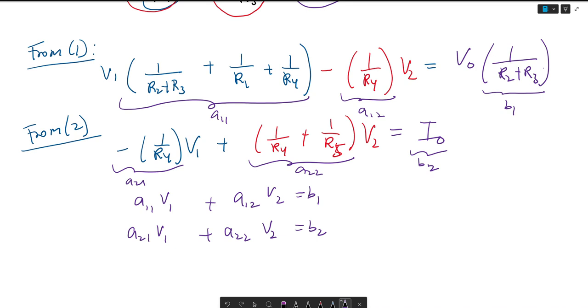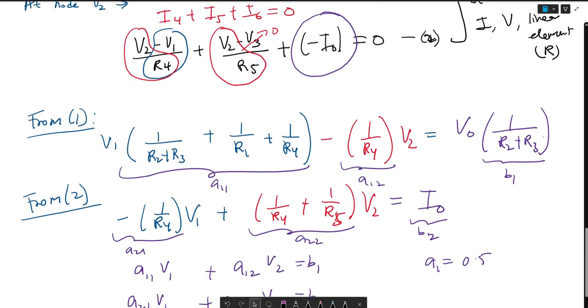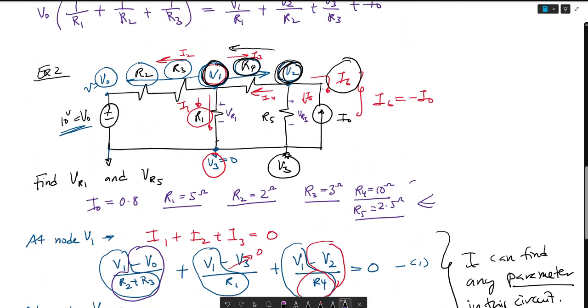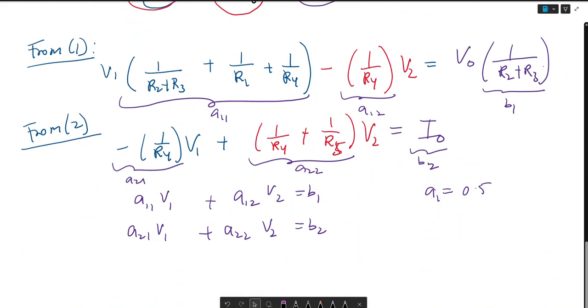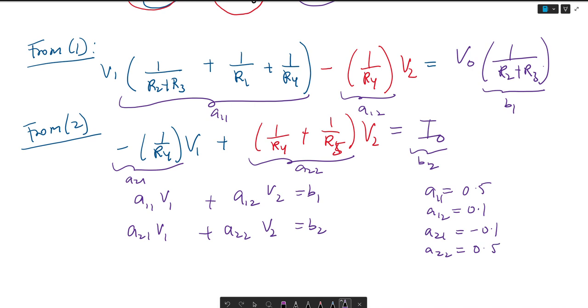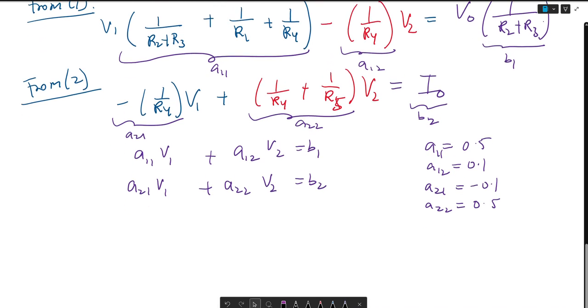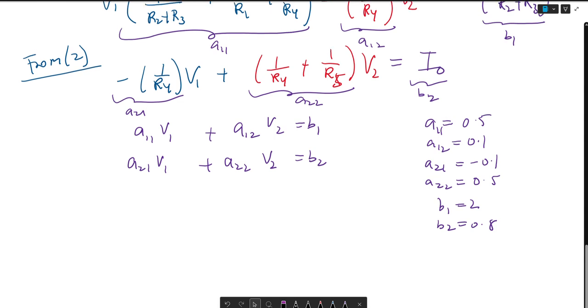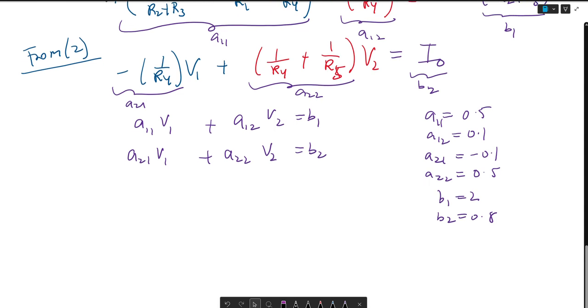If I plug this into a calculator, I would get A11 is equal to 0.5 using these values that were given to me up here. I would get A12 is equal to 0.1, A21 is equal to negative 0.1, A22 is equal to 0.5, and B1 is equal to 2 and B2 is equal to 0.8. So when we plug this in, we would get